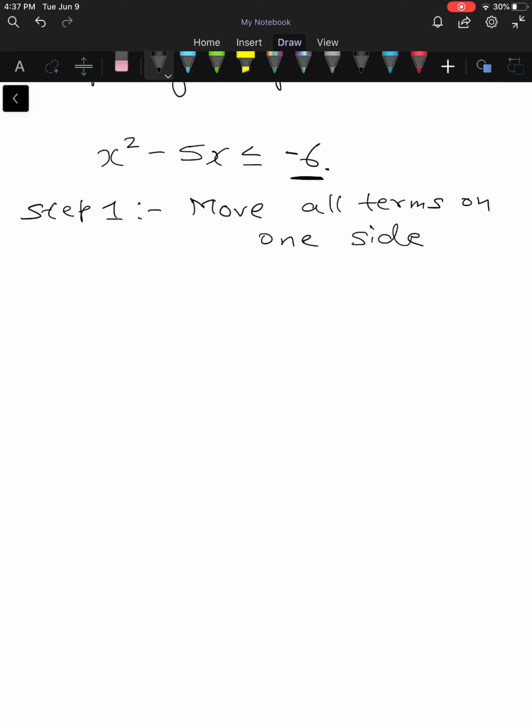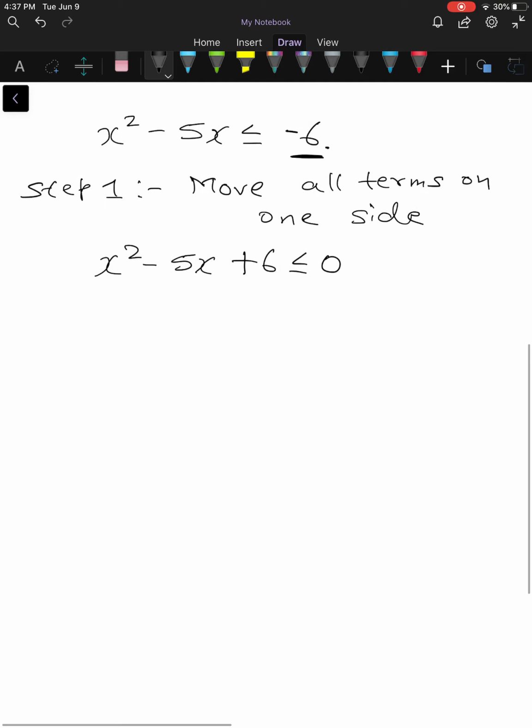So I am moving RHS to LHS. So that would be x square minus 5x plus 6 is less than or equal to 0. You should understand the process behind moving. It is nothing but operating plus 6 on both the sides and cancelling out the negative 6 that was on your right hand side. So step 2,